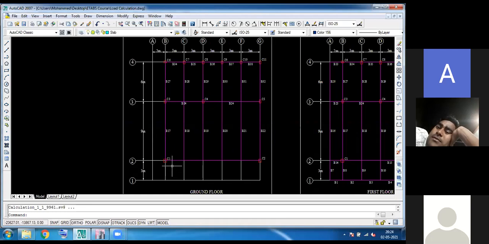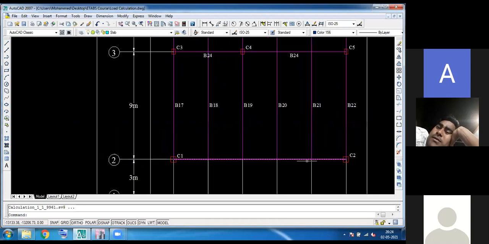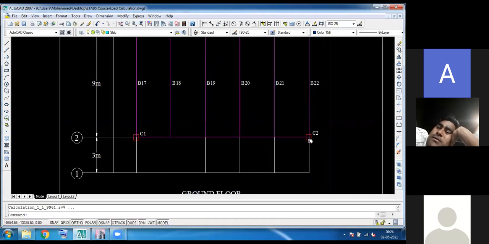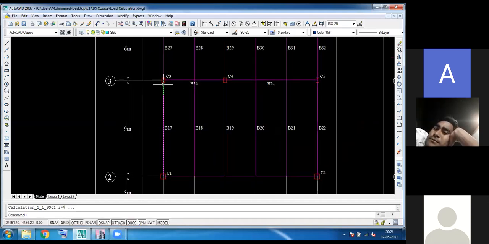We have 11 columns in total. It starts from C1, a square column, and C2. This is the longest span, 15 meters long between the two columns, and there is another column C3.